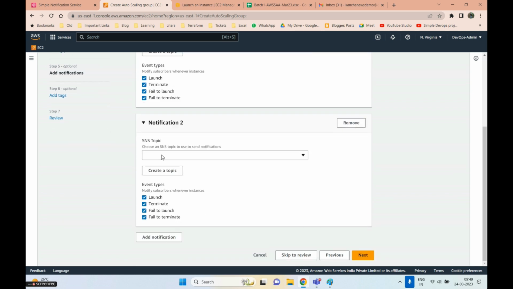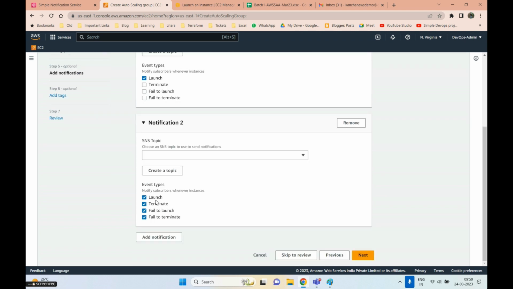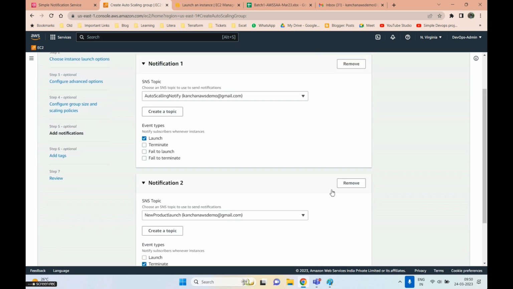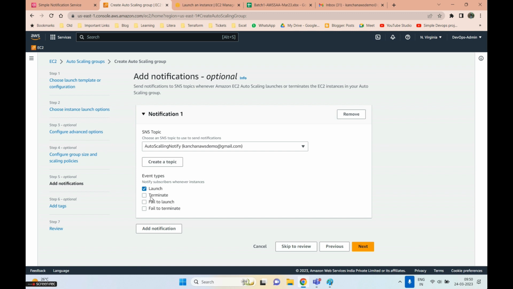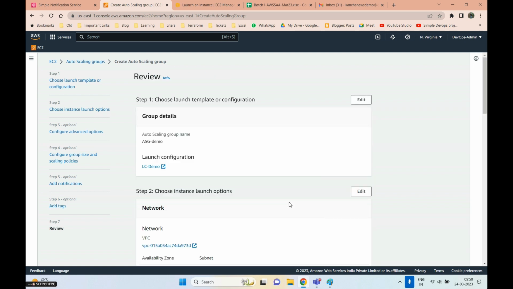You can go and add more notifications, for example, for launch I want this notification, for terminate I want another notification. So you can create multiple notifications also, but as of now I am keeping only one for all. Under the next option, just go to tag. Under tag, just give the name auto scaled server. Next,